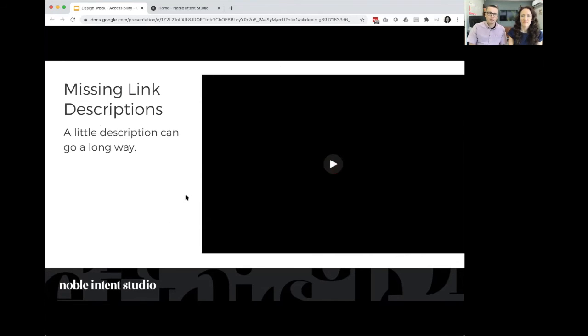So link descriptions is very similar. As you are using a screen reader and tabbing over links, they need to know what this link is, and so the screen reader will try to read that out to the user. A lot of websites use icons, and if you don't provide context on what this icon is, it can provide